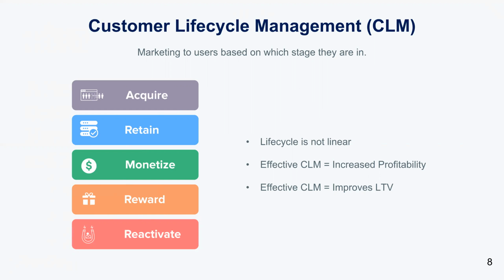A couple of other subtle points. These lifecycle stages that you see are not linear. Obviously you don't retain a user and then monetize and then reward, after which you have to reactivate. This is not sequential. Users take their own path and fall into stages as they come to like the brand, hate the brand, get used to the brand, whatever their lifecycle is. And I don't have to emphasize this, but effective CLM has a direct effect on profitability and lifetime value of users. We've seen this, having provided marketing automation tools for more than 5 years now, and we've just seen a massive difference in brands who do it